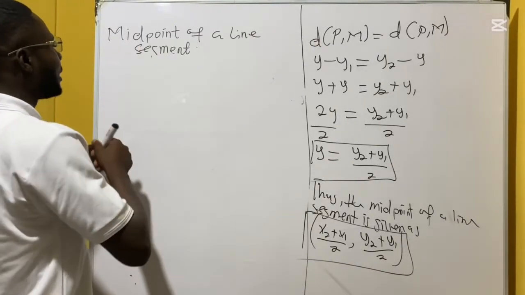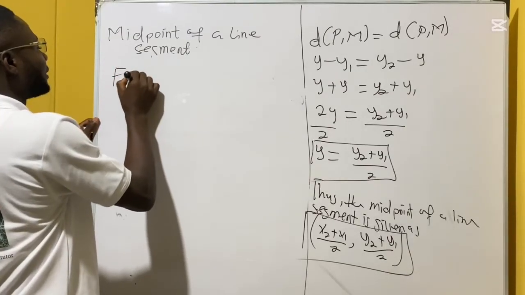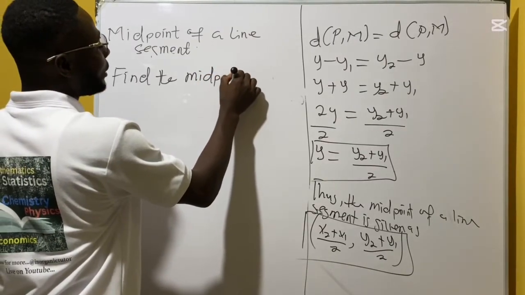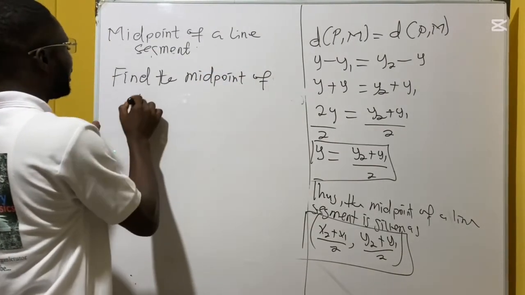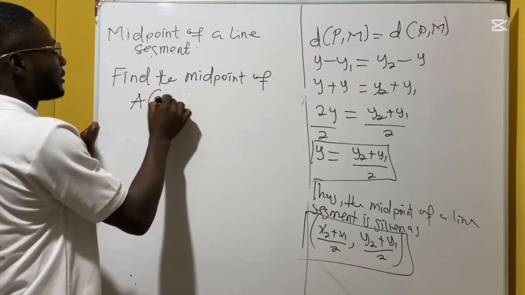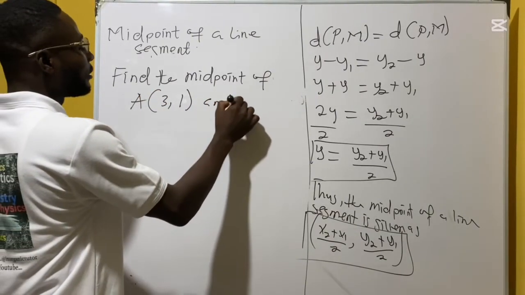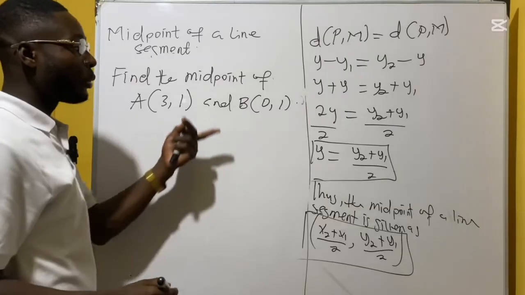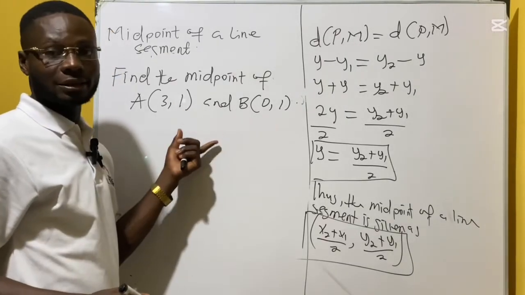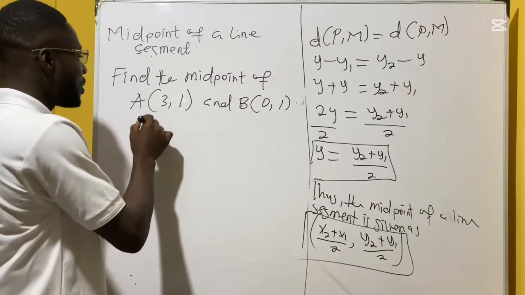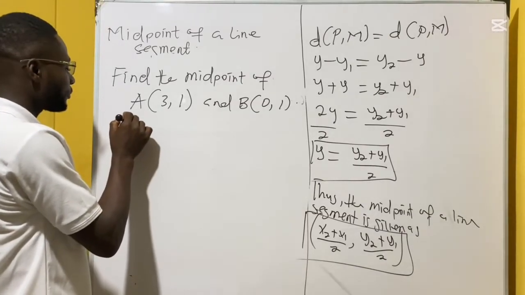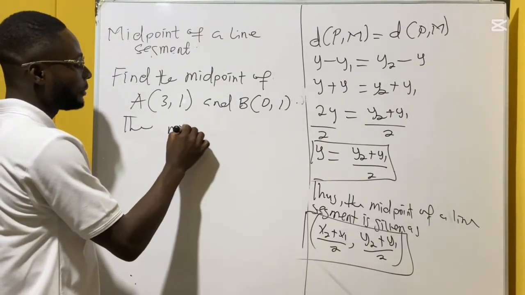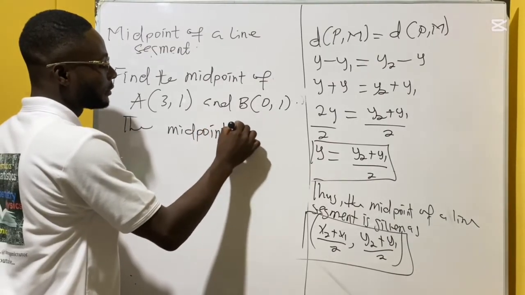So an example is, example 1, we want to find the midpoint of A, let's say (3, 1), and that of B, which is (0, 1). We want the midpoint between these two points, right? So the midpoint of line A and B